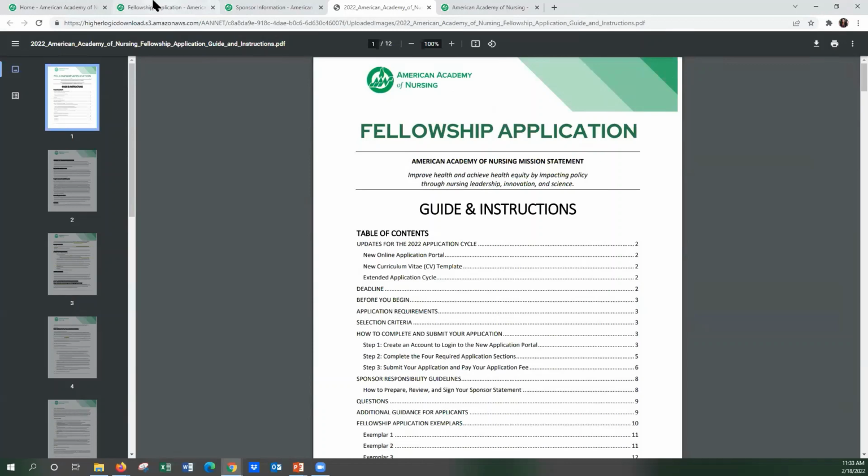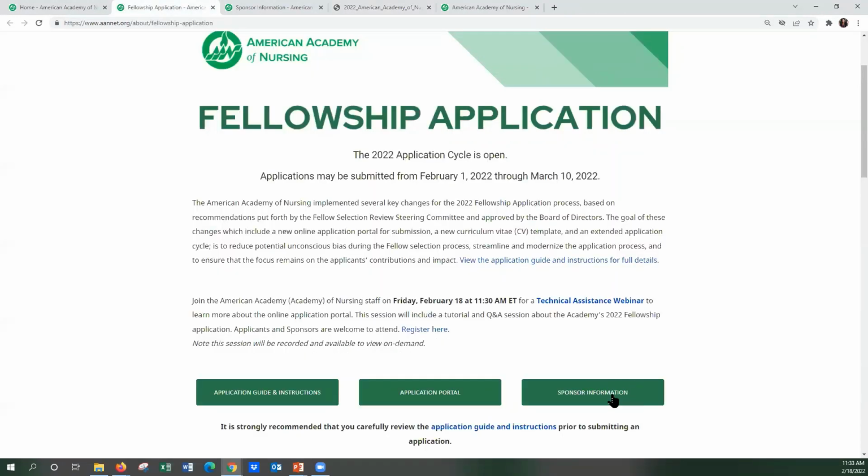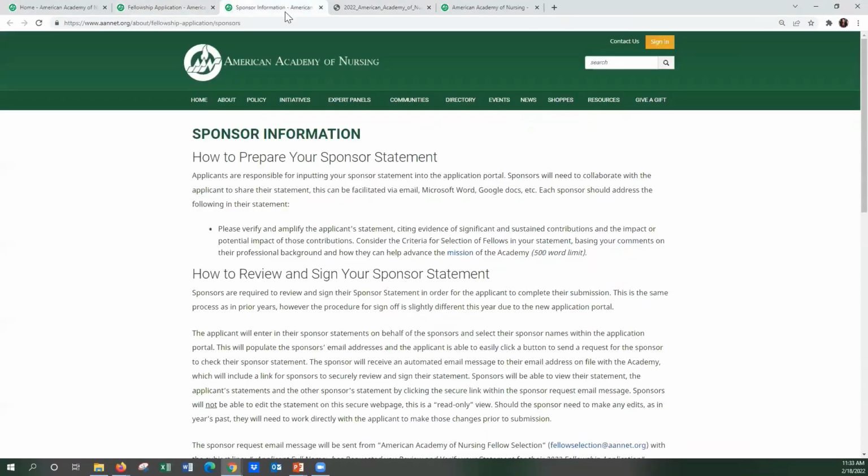We also have a web page for sponsors. The sponsor information page talks about how the sponsors can prepare their statement. This year, because we're using the online application portal rather than a fillable PDF like we've used in the past, you can actually